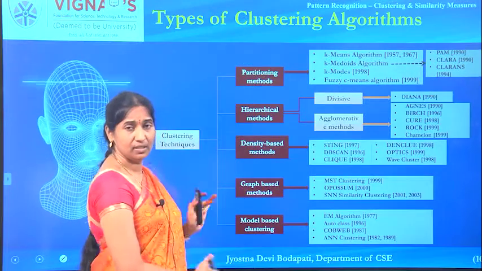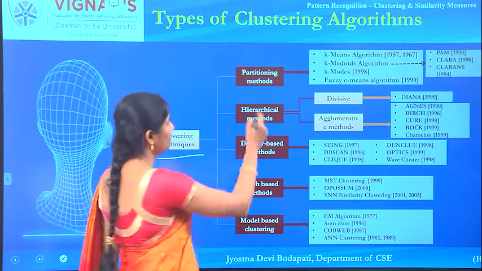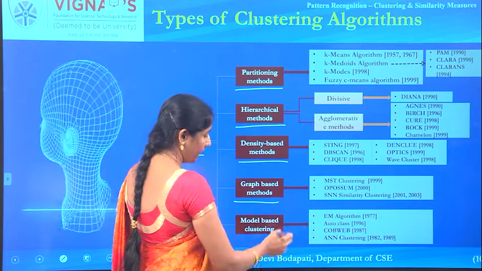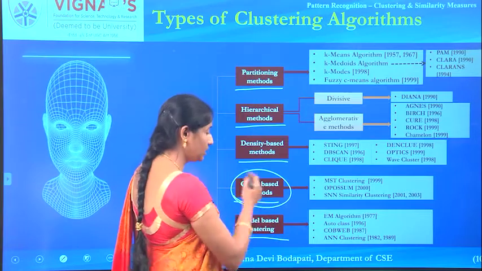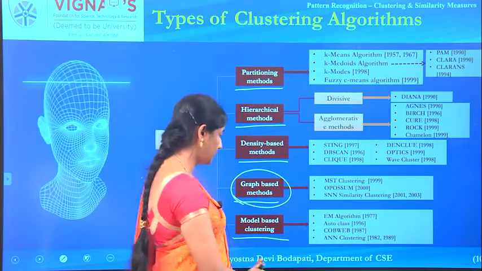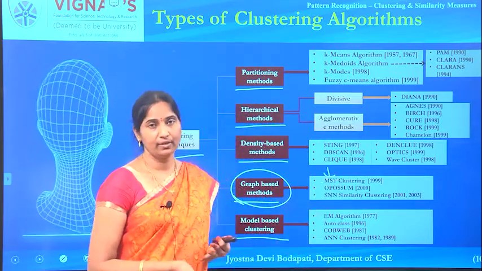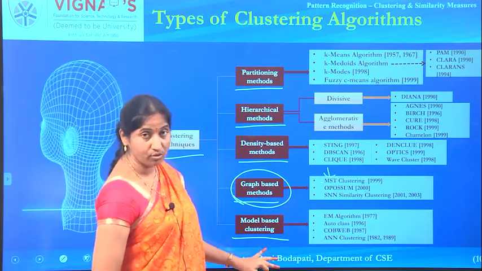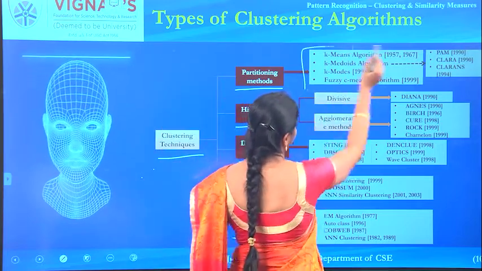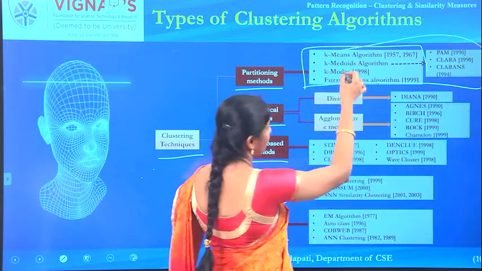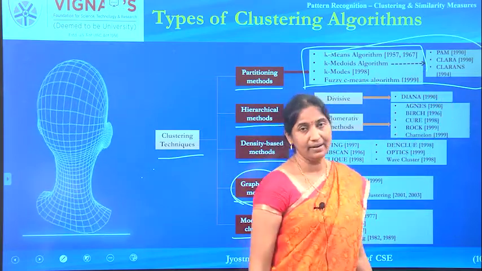We will be discussing one of the fuzzy clustering algorithms known as the fuzzy C-means algorithm. Now, this gives the big picture of different types of clustering algorithms: the partitioning methods, hierarchical, density, graph based, and model based. In addition to the regular methods, we have a set of algorithms based on graph based techniques, for example the minimal spanning tree algorithm, which works on the concept of the minimal spanning tree. Under partitioning algorithms you have different techniques: the k-means, k-medoids, k-modes, fuzzy C-means, and under k-medoids you have PAM, CLARA, then CLARANS.